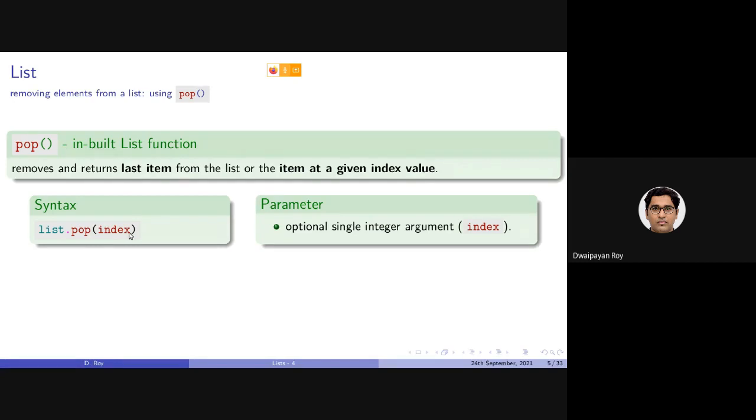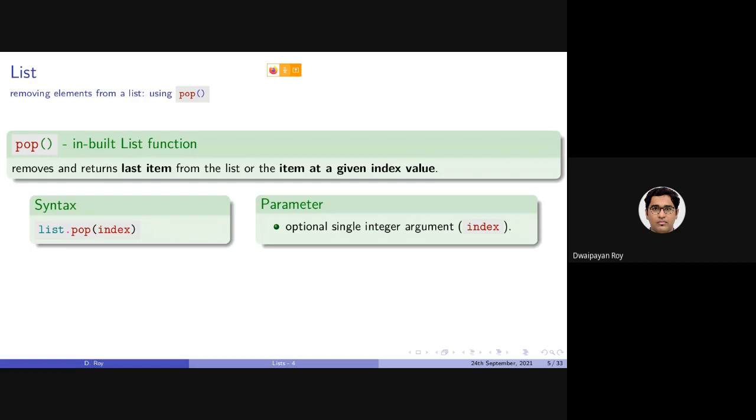If you leave it empty, then the function call to pop will return the last item from the list.